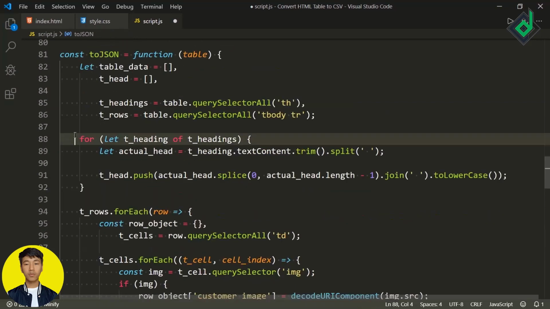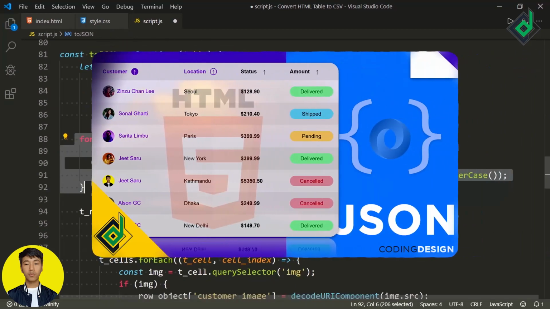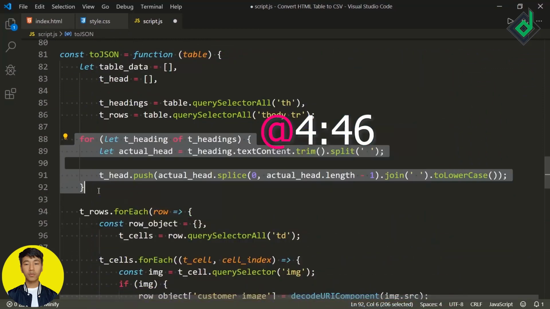So it's time to create separate data for our table heading. This is a bit complex technique, but I have used a much simpler technique in last week's video. You don't need to watch the whole video. In the description below, I'll give you a timestamp. With the help of that, you will be able to watch that specific part of the video. So if you want the simple technique, then you can watch that video. Otherwise, you can use this complex technique. So let me explain.